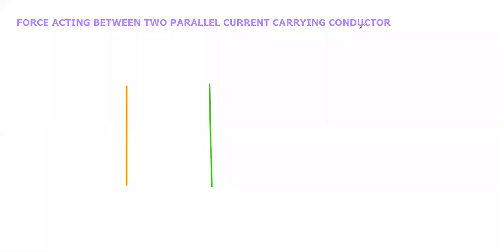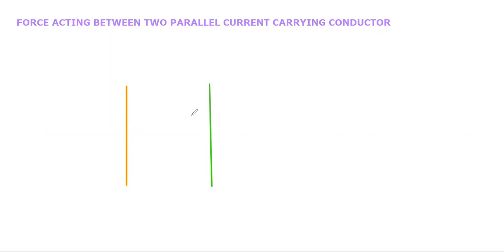In the last video, we did the derivation of force acting on a current carrying conductor in a magnetic field. The expression that we got was BIL sin theta. That was the force acting on a current carrying conductor which was placed in a magnetic field B. So in this video, we have to calculate the force acting between two parallel current carrying conductors, and with the help of this, we have to define 1 ampere also. This is one complete topic.